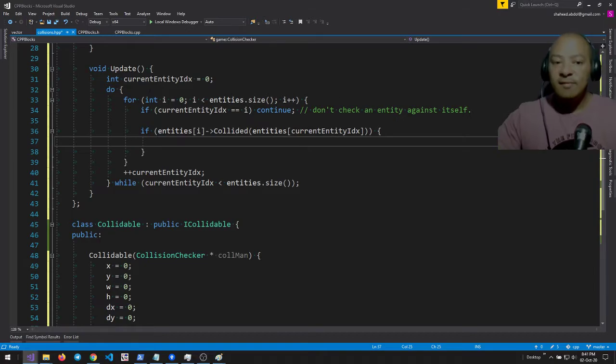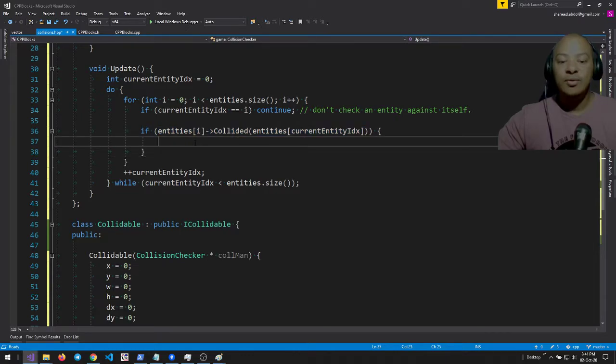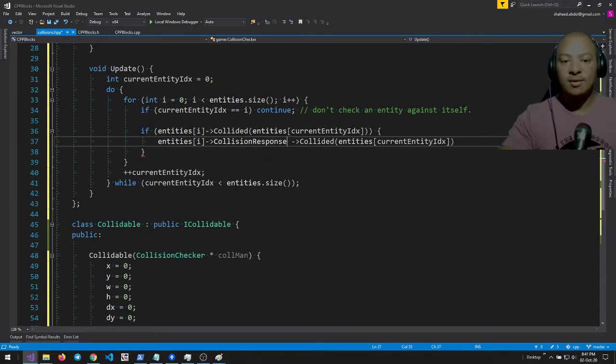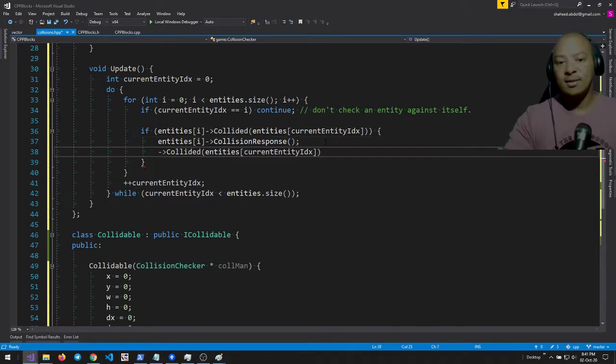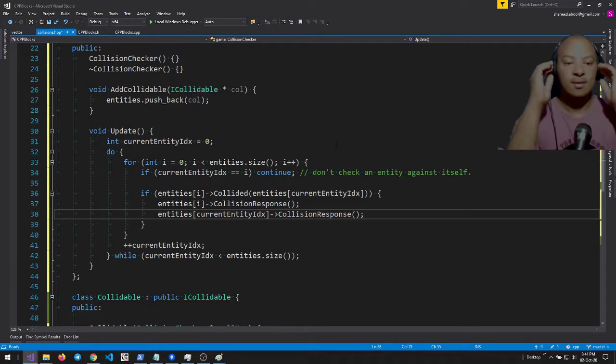So if they did collide, so if this check returns yes, these two things are touching, then all we do is, oh, here's an interesting question. What do you do in this instance? So if entities i collided, then entities i dot collision response, which takes nothing, and entities current entity IDX collision response, right? And I believe for this update cycle, if we've called the collision response on both of those entities, then